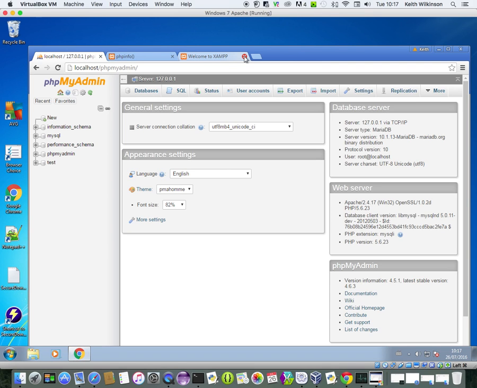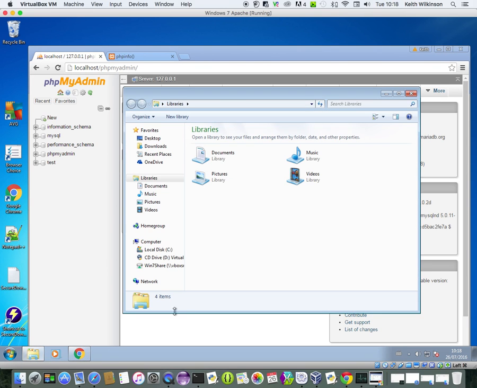So we have phpmyadmin working, we have phpinfo working. If you have those two things, then really you have a server. We're working. Next thing I want to do is go and find out or show you where your files are stored. So if we go to the file manager, open up the file manager, your file should be stored, unless